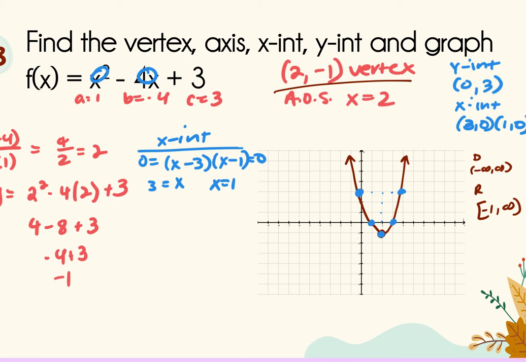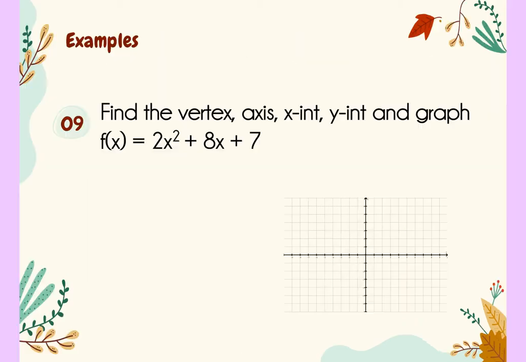Negative b over 2a. Nope. All right, so this one, negative b over 2a is the vertex, right? So negative b over 2a, I would get negative 8 over 2 times 2. Actually, this is going to be a